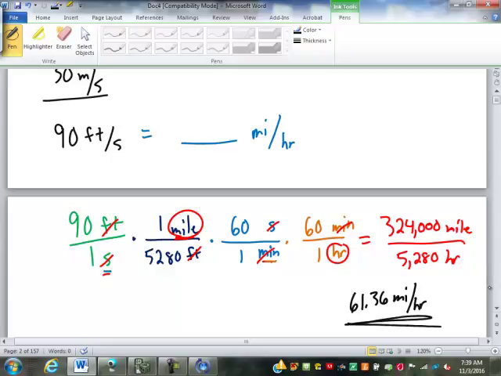Now, do you think I can throw that fast? On a good day, if I warm up, probably only throw about 4 or 5 pitches that fast. But